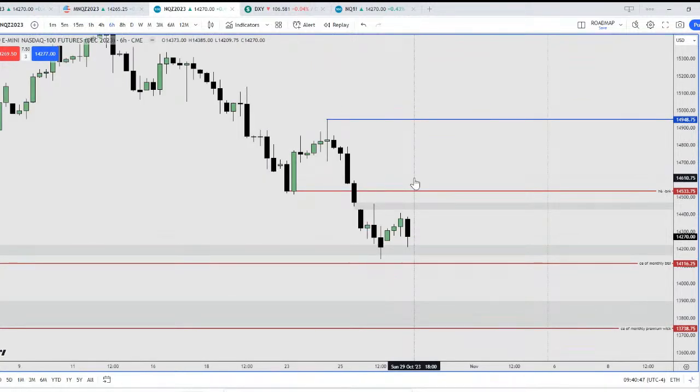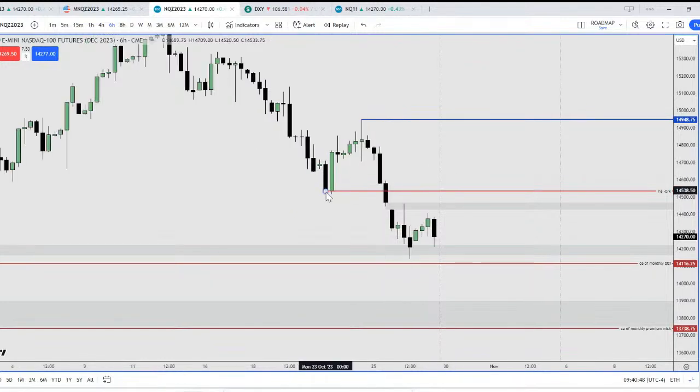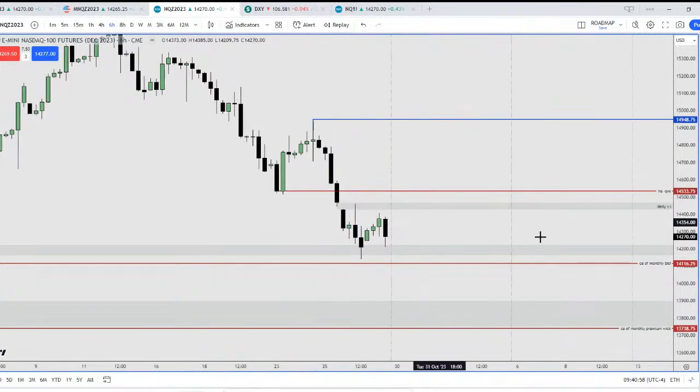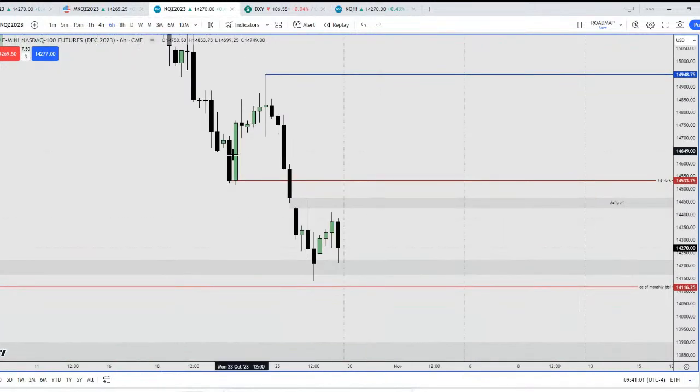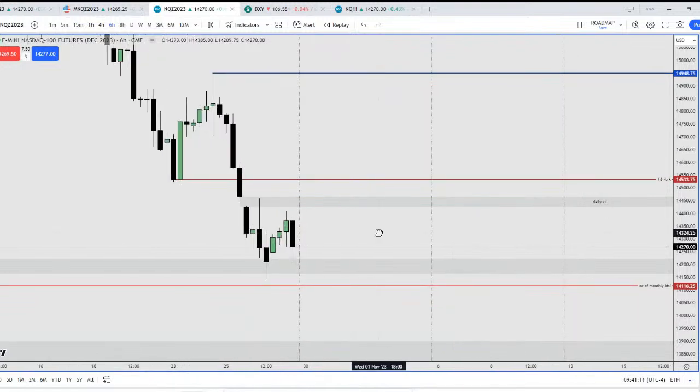Heading down into the lower time frame, 6 hours, we have a 6 hour breaker here: swing high, higher high, the low that made the high, down close candle here. This is your breaker. Preferably no candle closing above the mean threshold of this breaker block. Right, so the roadmap for next week.